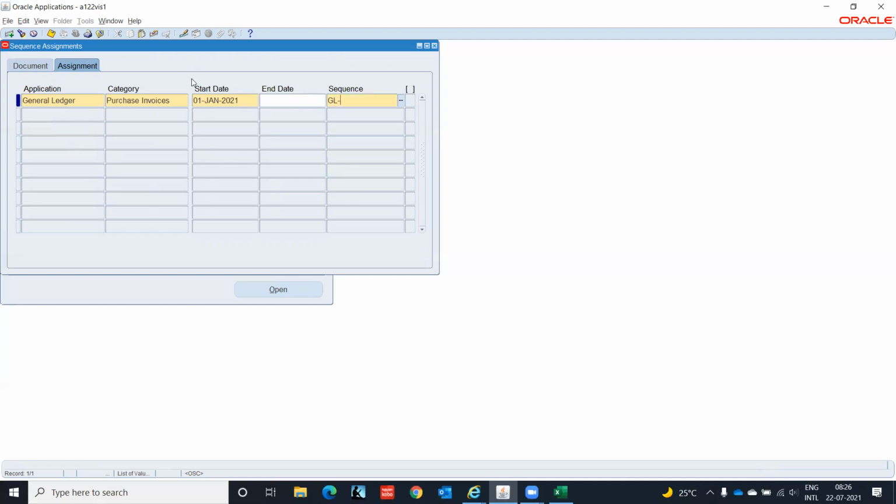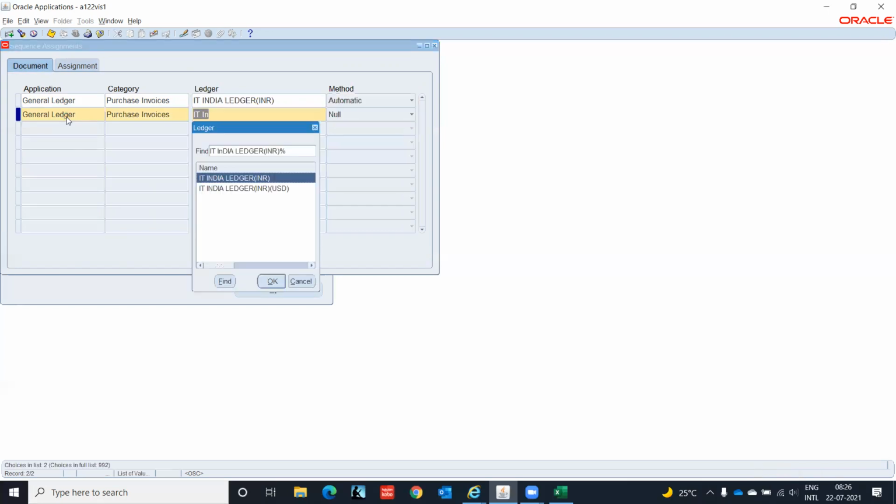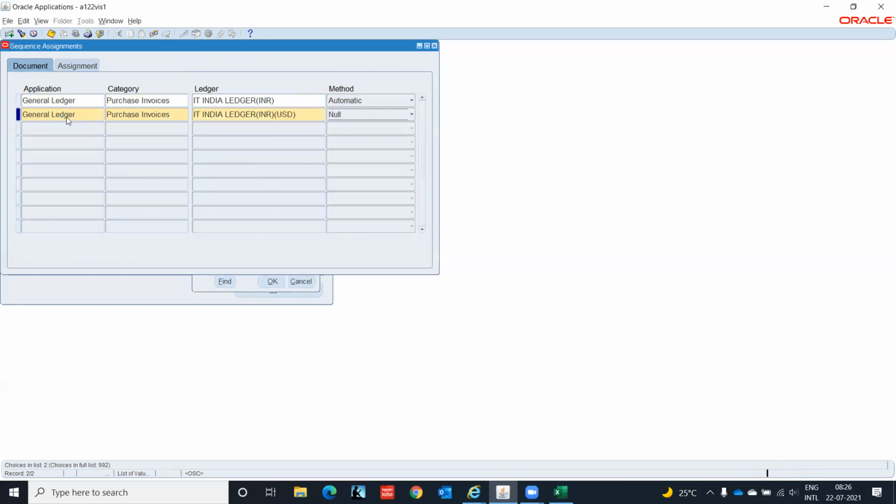Sequence GL AP invoice. Again, I am assigning general ledger, IT India, for our other ledger, automatic, and save. For both the ledgers, you have to do the assignment for the postings.